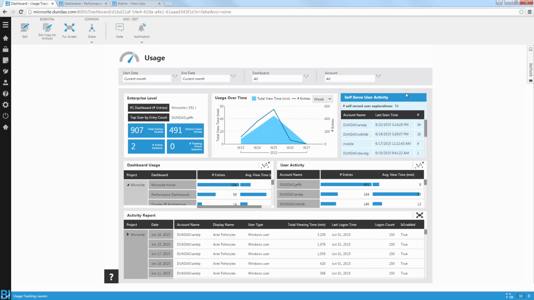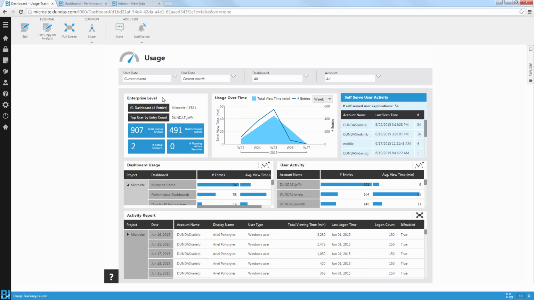So this area actually tracks the number of dashboards that users create on their own in their own project. So this is the number of dashboards they've created on their own. I'm actually the leader of the creators in this category, so I've created 34 personal dashboards for my own analysis, for my own data discovery, and then I can choose to share those dashboards with other users. I can keep them for myself, but you can see I'm very active in the environment, not only as a consumer of existing dashboards and reports, but also as a producer, or almost a user that analyzes data on its own without having to depend on other users.